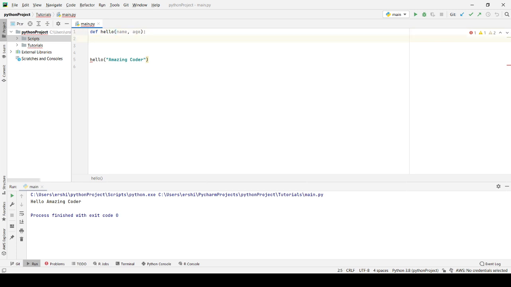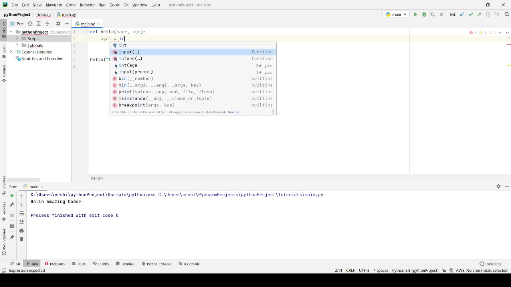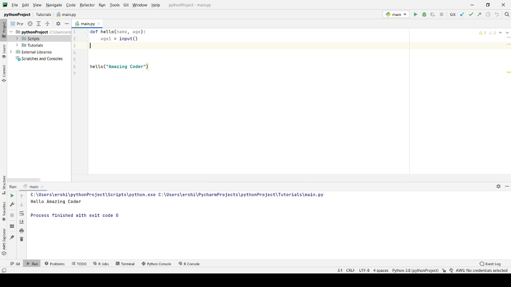I'm gonna make another variable, age1, and that would be equal to input age. So age1 is equal to the input age, and then I'm gonna just copy this